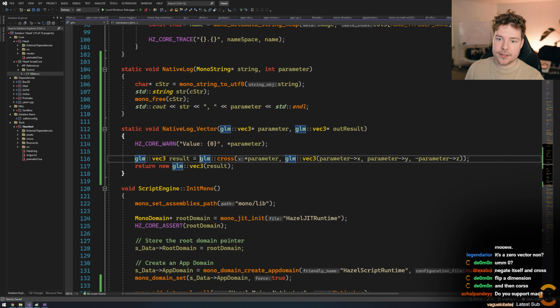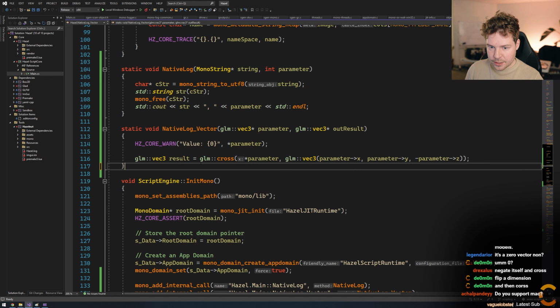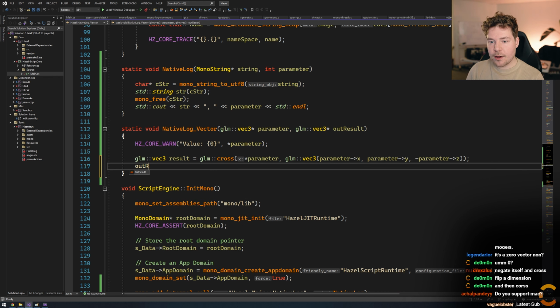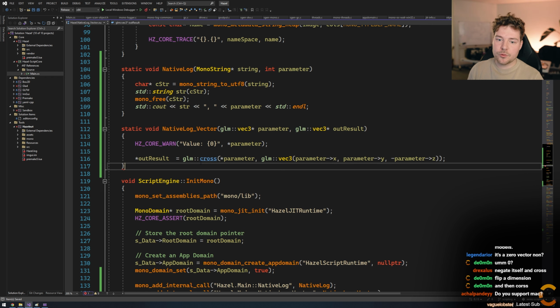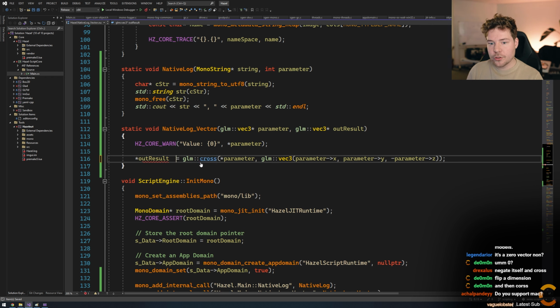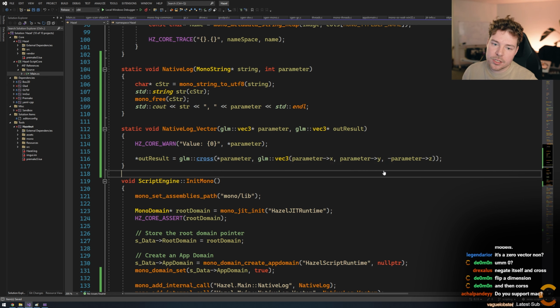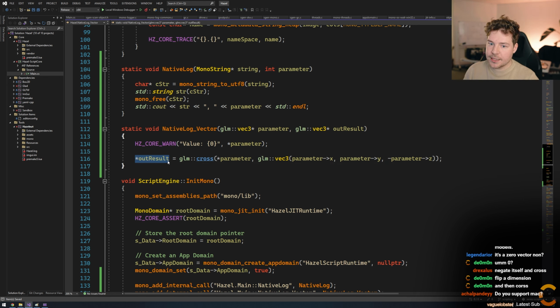So the way that that works is obviously we get this result from here, and then we take it and into our result, we copy everything. Now you can do this in one step just by dereferencing this and doing that, obviously, right? Or you could do it one by one or whatever, but ultimately that's kind of what we do. We take that and we get that, right? We do our cross and we copy it into out result.